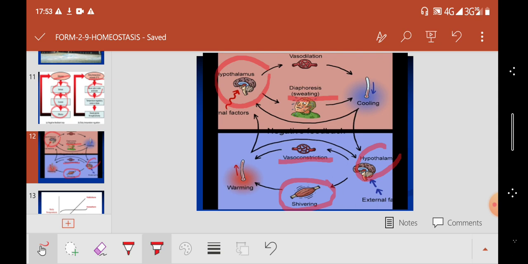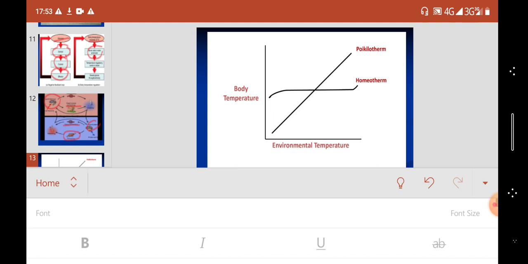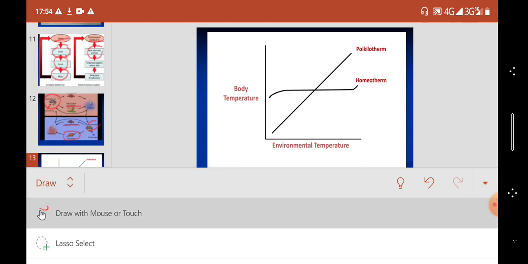So as behavioral examples, we know that there are normally two kinds of living organisms. We have poikilotherms and homeotherms. Now, these poikilotherms and homeotherms behave differently. They are those that we either call cold-blooded or warm-blooded. And in warm-blooded animals, we know that their internal temperatures are not affected in any way by the external changes